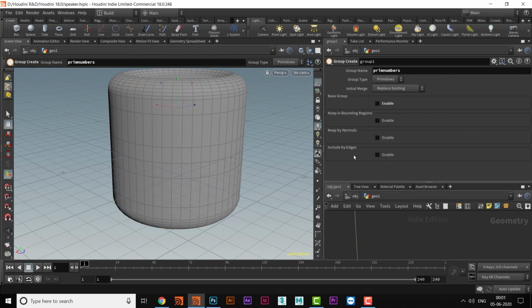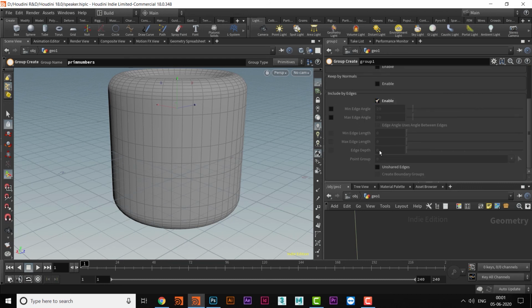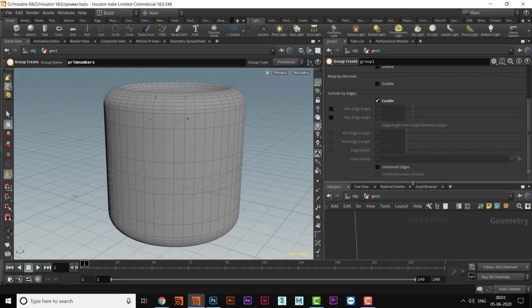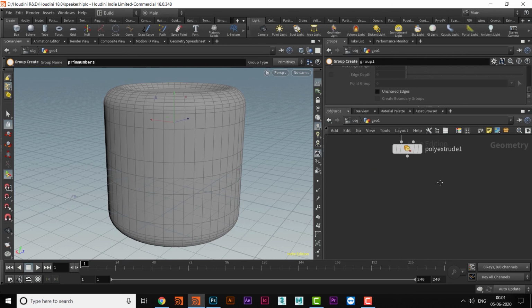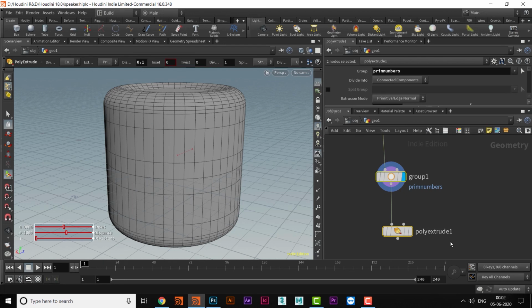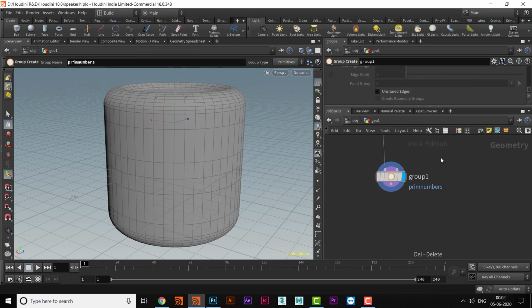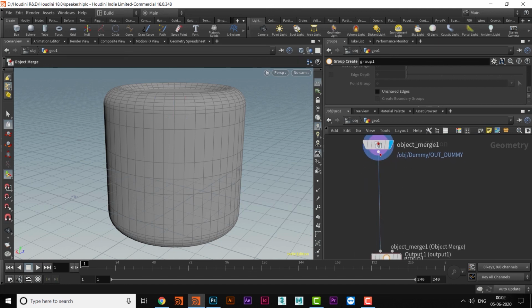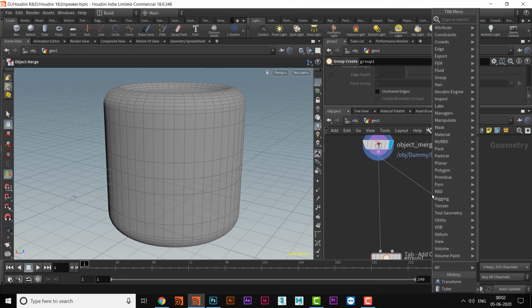At the end, we switch on this include by edges. As soon as you enable it, there are so many options coming which are grayed out. They are a little advanced, so I will not touch them, but one thing which is very crucial here, I'm definitely going to do. For that I'll have to create some background. So I will come here, delete this one only, and then come here in the object. Switch it on, and now I will use one tool, and that is called the clip tool.